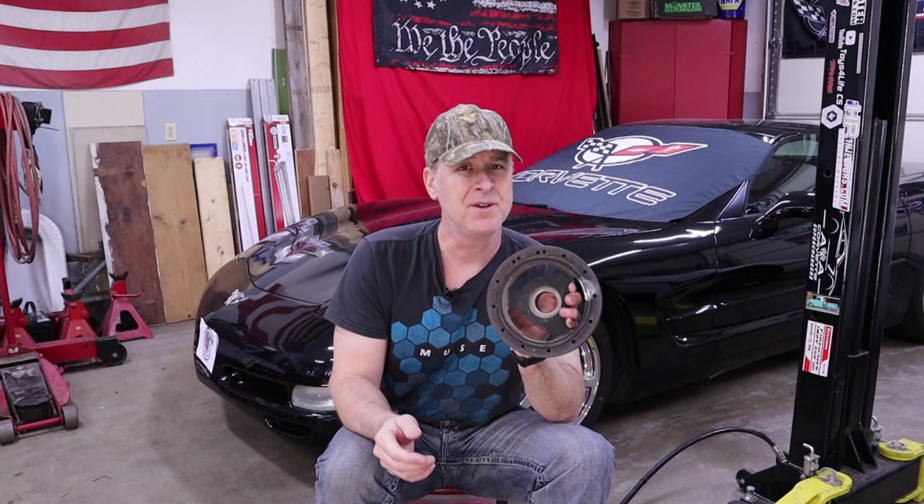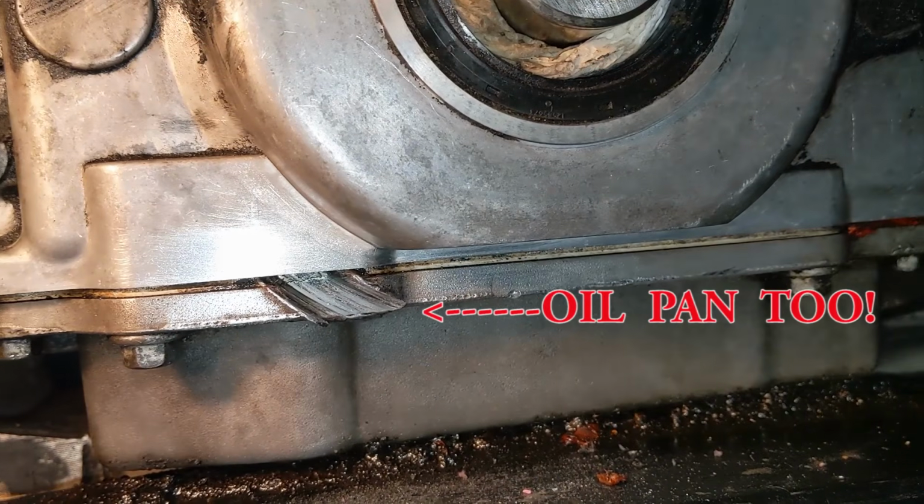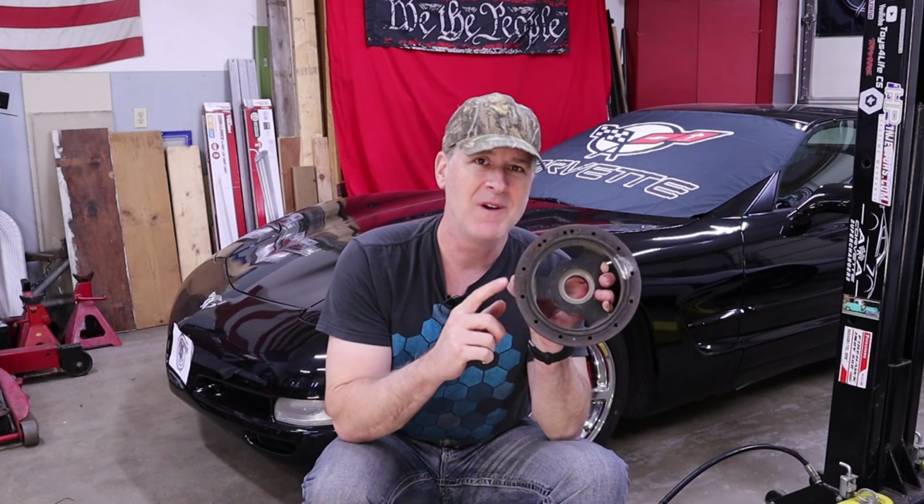Maybe you'll throw a belt, or the outer ring can slide backwards and grind a hole in your timing cover, which is bad. I think my harmonic balancer is bad. Or if for some reason it slides forward, all of a sudden you've got a pretty big projectile under your hood. All right, with all of those pleasant scenarios out of the way,